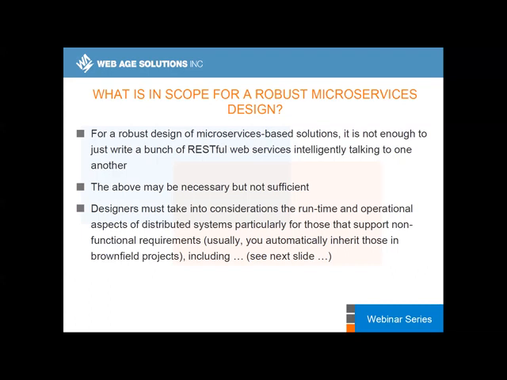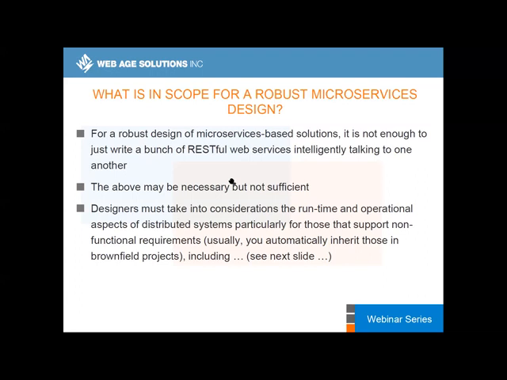Definitely, this presentation is not going to be all-inclusive. We would probably touch on some of the points, and we will scratch the surface in some areas. But the main idea is to highlight certain points so that you are at least prepared, at least you are thinking along those lines as to how you would create a robust solution based on microservices.